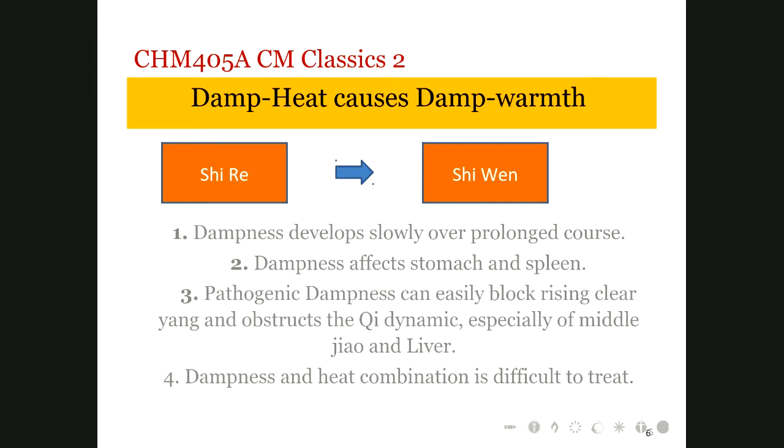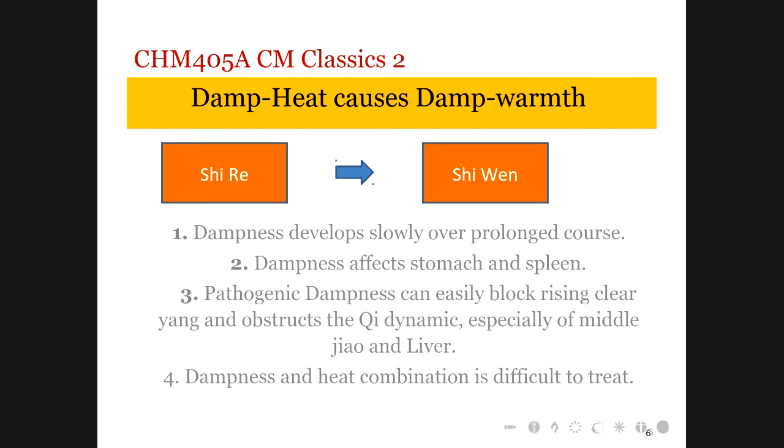Damp heat causes damp warm disease. So damp heat will result in damp warm illness. Damp heat develops slowly due to the nature of dampness. When dampness is combined with heat, it depends on the percentage of domination. If damp dominates, it goes very slowly. If heat dominates, it goes a little bit faster. But overall, as a damp heat combination, both yin and yang combine to cause this damp heat pathogen, and compared with simple wind heat, the progression is relatively slower and the suffering can last a bit longer as well.